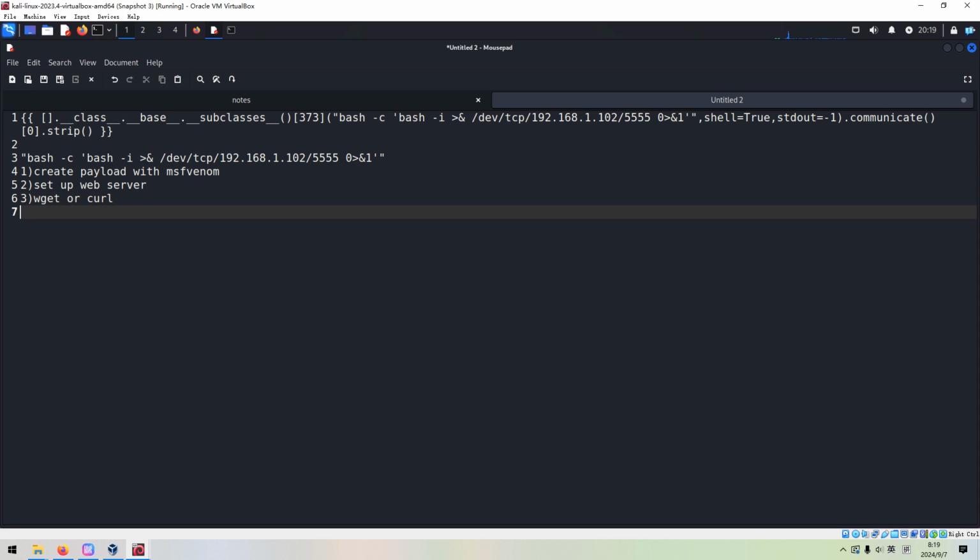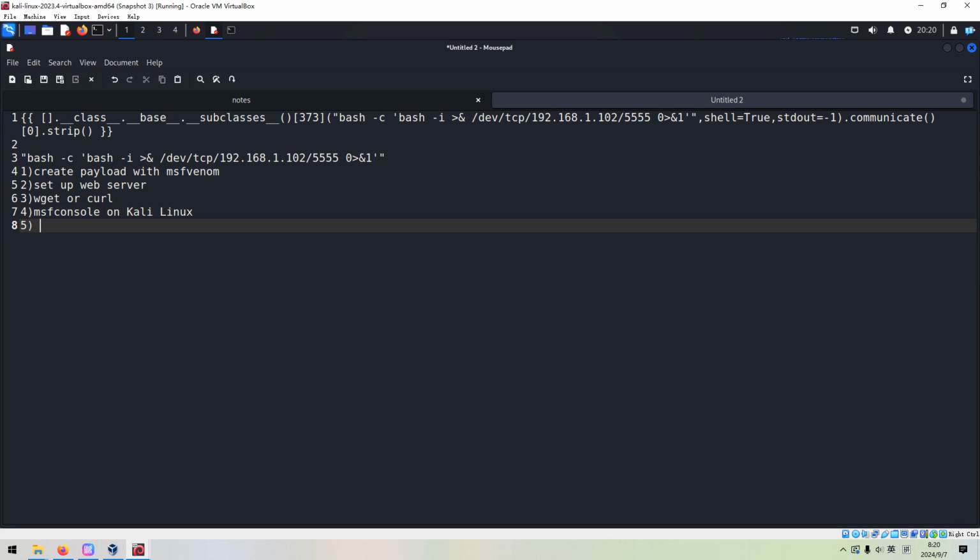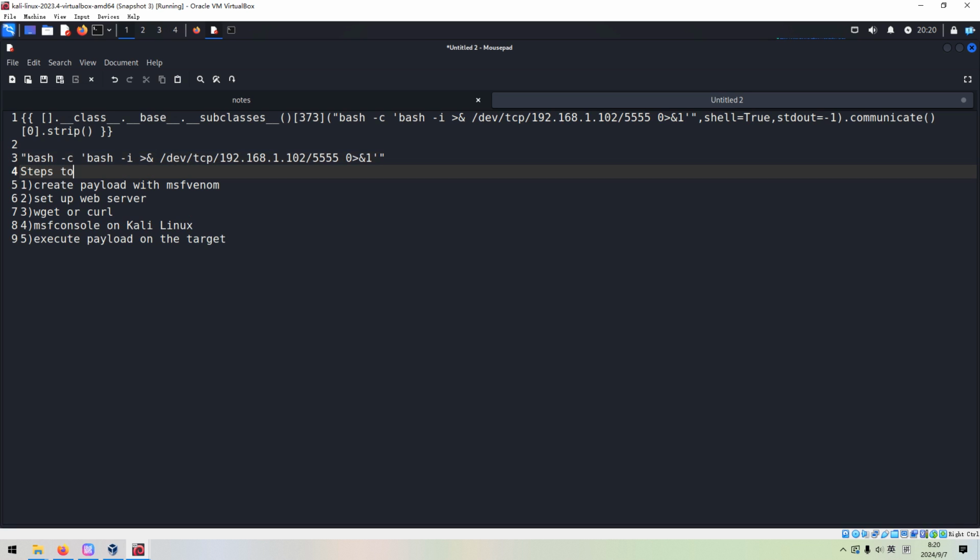And then, of course, we can launch the Metasploit console on the Kali Linux. And then we can execute the payload on the target. Okay, so these should be the steps to upgrade or get the Meterpreter session.